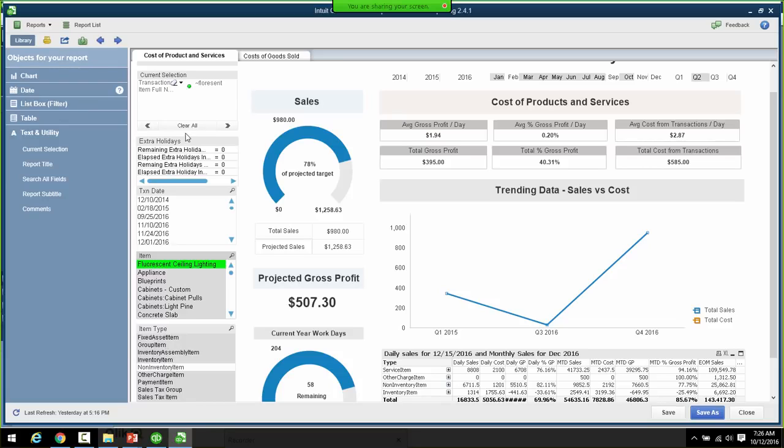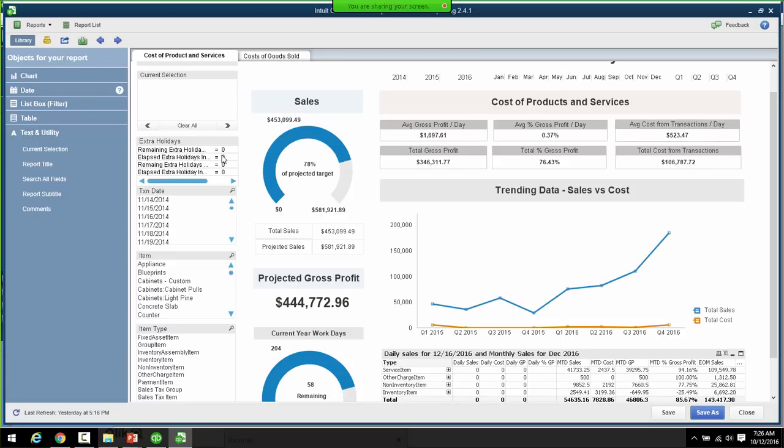We can also do something called an expression search. With an expression search, you're going to be using the greater than sign, the less than sign, greater than or equal to. And basically, that will just help you to eliminate some of the dates, which is what we're going to do. So we're going to use the expression search right here in the transaction date filter. And let's click on the search icon, and we're going to choose to represent dates that are greater than or equal to